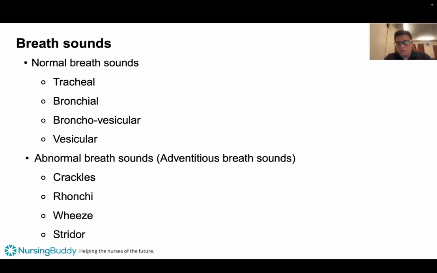Okay? So what do our breath sounds tell us? It's telling us that maybe there's abnormality in our airways. So this is what tells us, kapatid, that there is something blocking our airways. It can tell us something. If it's a normal breath sound, then it's normal, and if it's an adventitious breath sound, so there's currently an occurrence of something that's beyond normal within our airways, within the lung, okay, within the lung field. So it's telling us something.